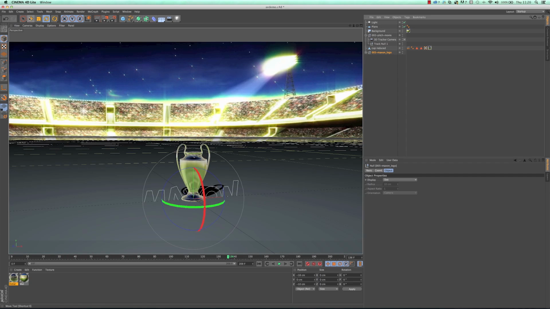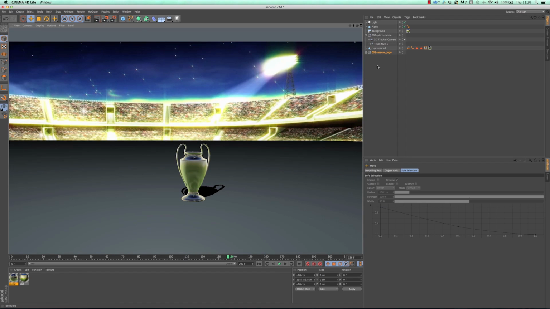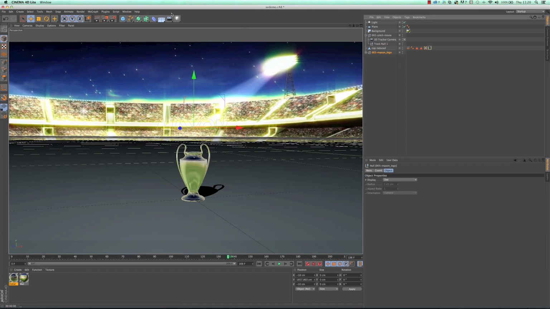So I have this logo in the scene, and I can move it up exactly the same way as I had before. I can scale it, I can do all sorts of stuff with it. So scale it there, and just put it in the scene so it's there. Now at the minute this is just a set of paths, so if I hit render I won't see it. So I need to do something with this to make it into a 3D logo.